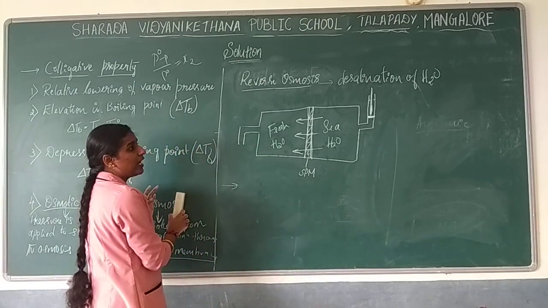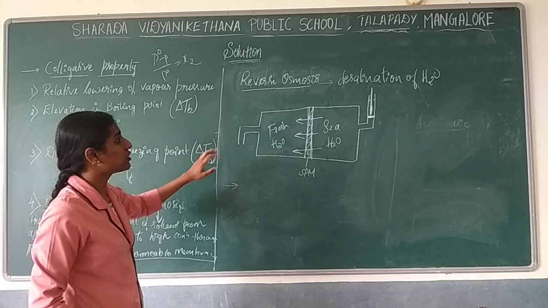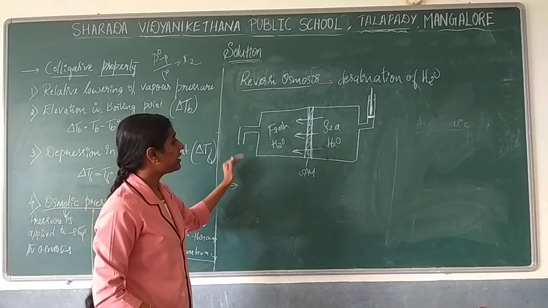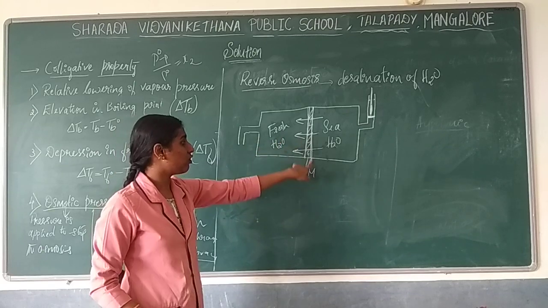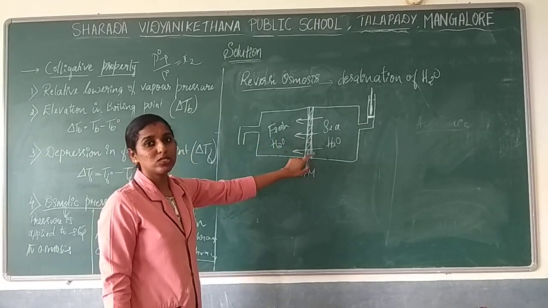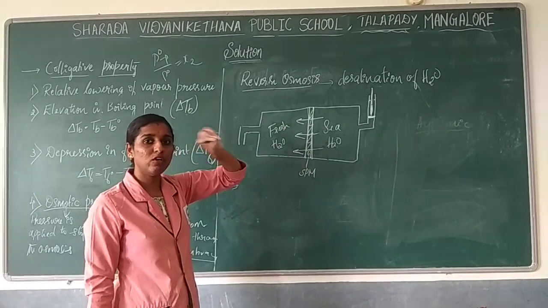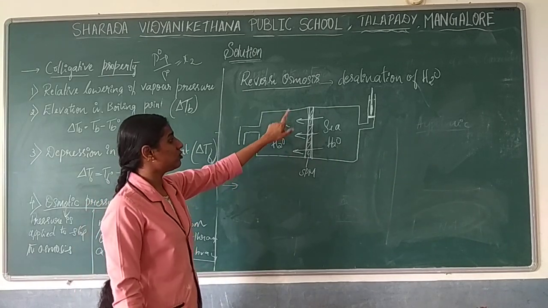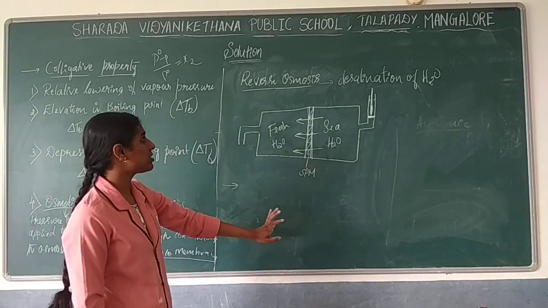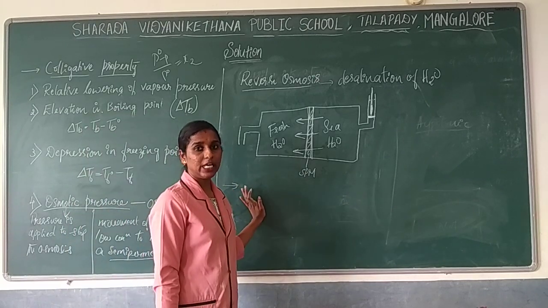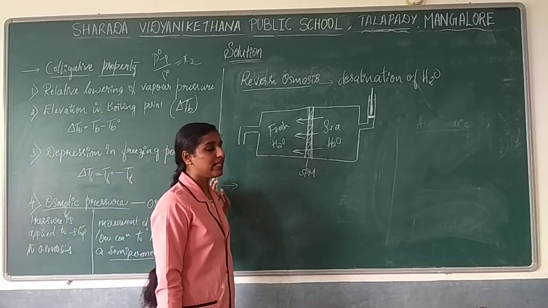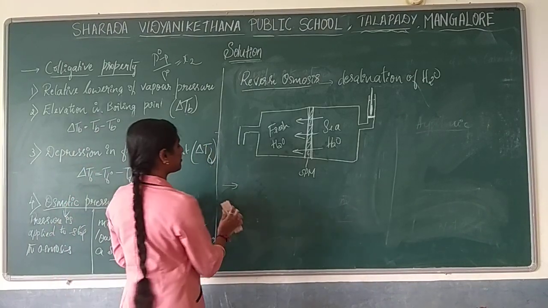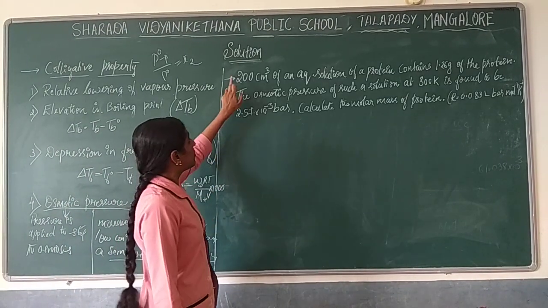Why will it be used? It will be used for the purpose of removing saline from the water. And here it majorly goes with a cellulose semi-permeable membrane, which will allow only water, not ions as well as electrolytes. For that reason those kinds of membrane will be utilized over here. So that will be considered as reverse osmosis. Next we will see some problems under osmotic pressure. So we go with the problem.